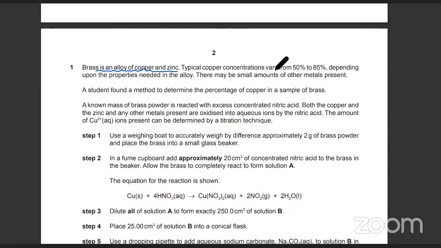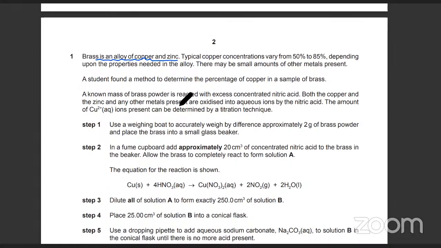So typical copper concentrations vary from 50% to 85% depending upon the properties needed in the alloy. There may be a small amount of other metals as well. A student found a method to determine the percentage of copper in a sample of brass. A known mass of brass powder, so remember, it's copper and zinc, that's what brass is, and he's trying to figure out what is the percentage of each element. A known mass of brass powder is reacted with an excess of concentrated